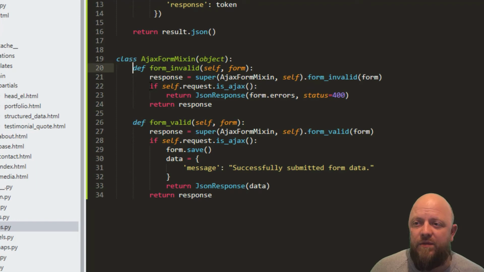Okay, and we've got two methods. We've got form invalid with self and form. So it takes the form in as an argument. And then it does a super call on the AJAX form mixin itself. And then if self request is AJAX, then it returns a JSON response with the errors, state is 400. And in the valid method, it does the same, but rather than sending an error message, it's got form.save,